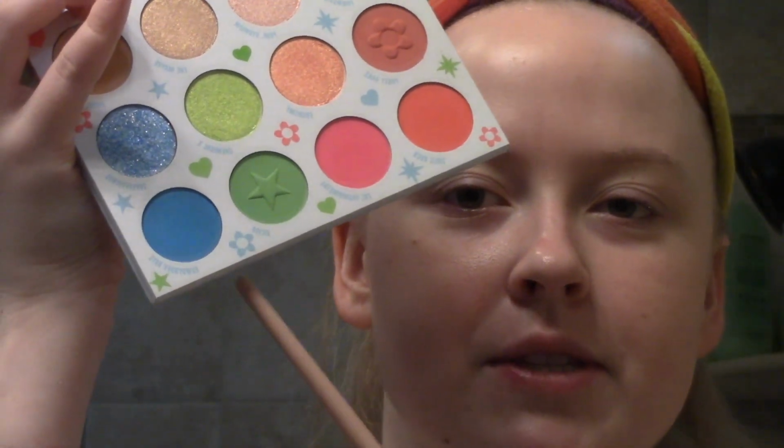We're going to do more of a mostly blue look. Let's do it for our girl Bubbles. I wish there was a yellow, like something for her hair. That would be nice. But we're going to use the matte pressed pigment blue. So this is Route